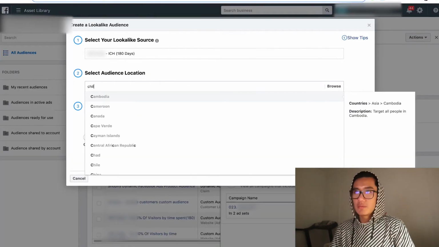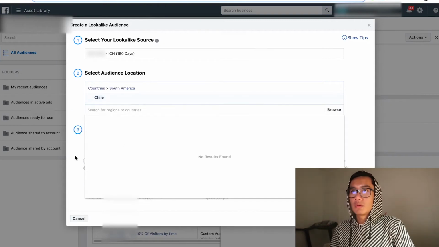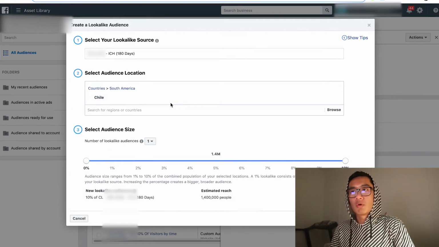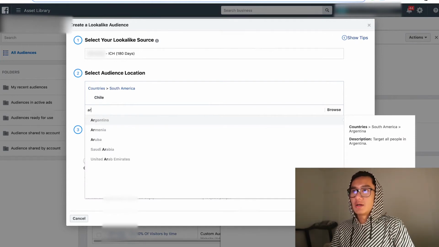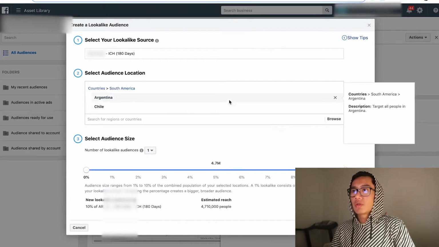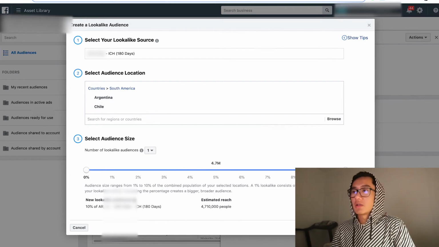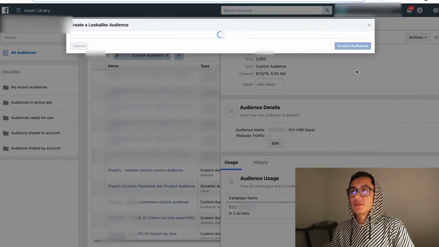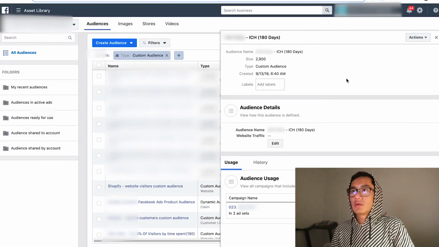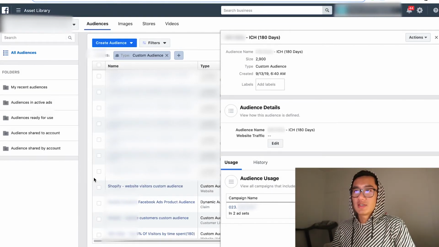So let's put in Chile. 10%, 1.4 mil, pretty small. So I'm going to combine it with Argentina. Both countries 4.7 mil, which is perfect. Or what you can do is you could split into two. But I think I'll stick with 4.7 mil. I'm happy with that. So create audience. Now create this 1, 2, 3, 4, 5, 6, 7,